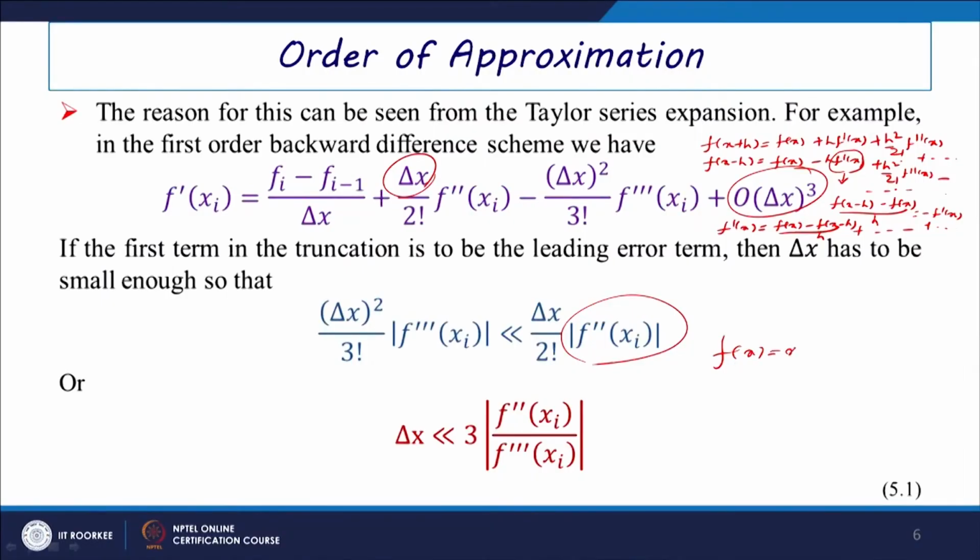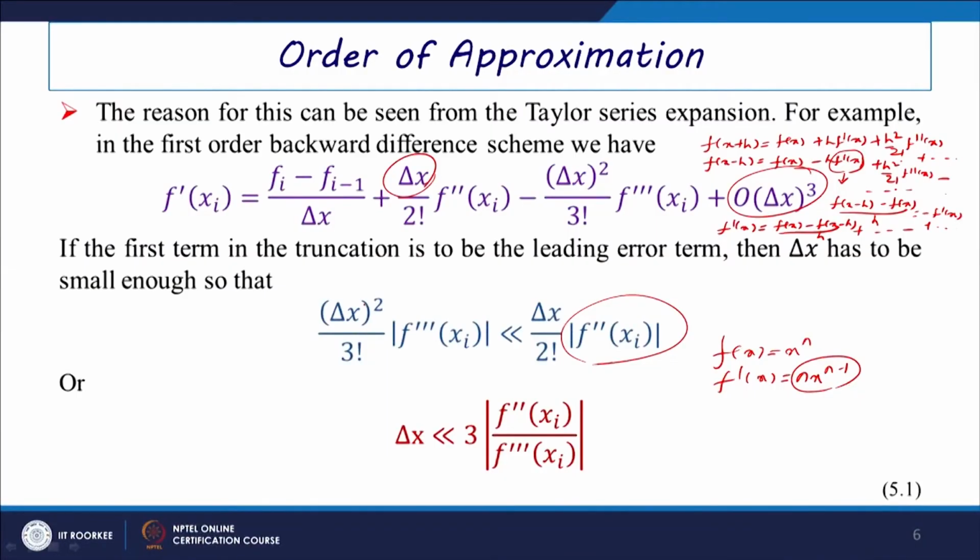Suppose we consider f of x equals x to the power n, then f dash of x we are writing as n x to the power n minus 1. This means the power reduces by 1 also. And if you see here, this del x square, since it is a small term, or del x is a small value, its square in the approximation is always less than del x also. And if you consider this del x size, especially in the final step here,